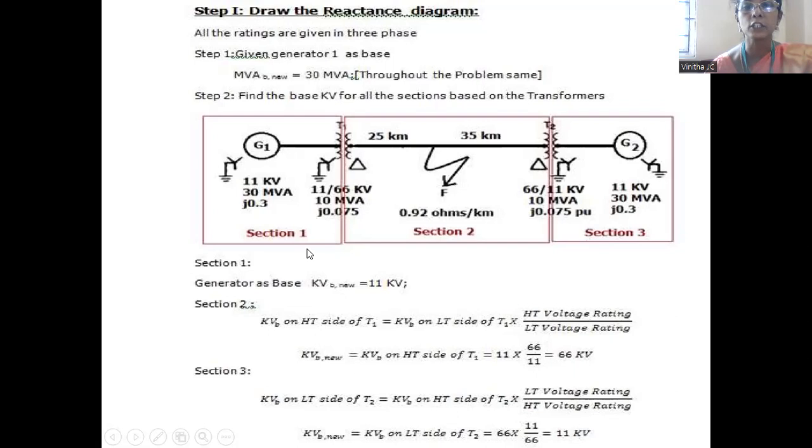If you take section 1, it is 11 kV. Why? Because the ratings of generator 1 are chosen as base values. If you apply the formula and calculate the value of new kVB, you will get only 11 kV. Then coming to the second section, this transmission line which is connected to the high tension side of the transformer T1, we can apply the formula